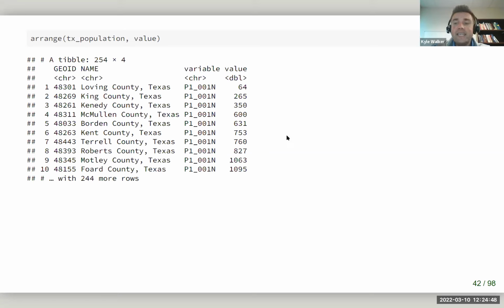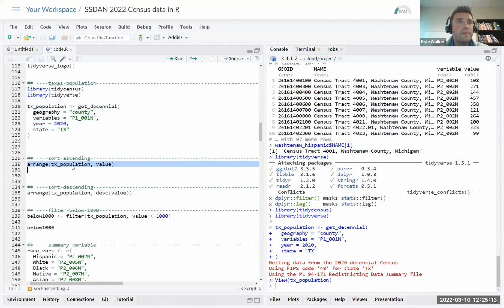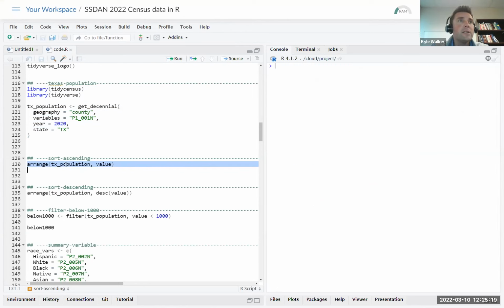If I want descending order instead, I add the desc function, for descending, and I wrap value inside of that. So this is basically saying sort my Texas population data set in descending order of value. So let's go ahead and try that out. I run this code and I can see here, I'm actually going to clean this up a little bit,